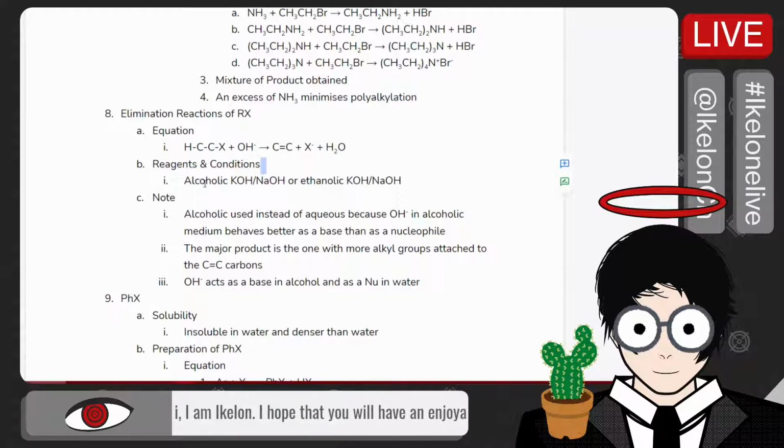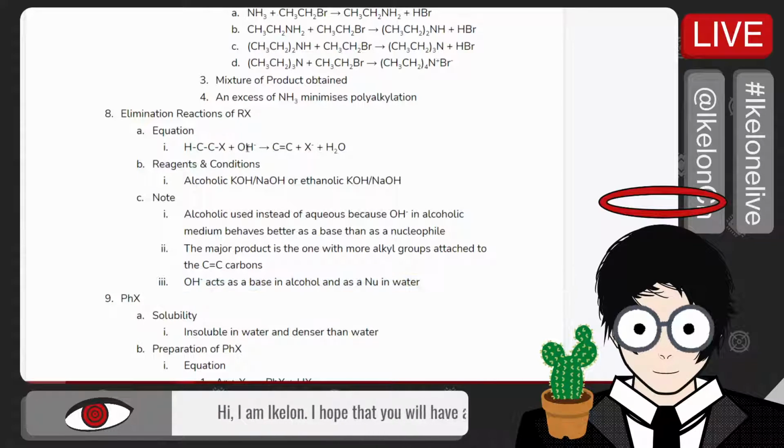Reagents and condition is ethanolic KOH or ethanolic NaOH, same thing, whatever. Mix and match. You have four to choose from. Note that alcohol is used as compared to water. You notice they're not aqueous, they're alcohol. It's because OH in alcoholic media behaves better as a base. And we also have to note that the major product is the one with more alkyl groups attached to the C=C carbons. I will probably explain this more in detail when I go through alkenes. But just keep this in mind, and remember that OH acts as a base in alcohol, but as a nucleophile